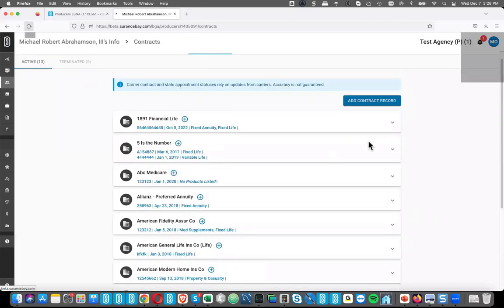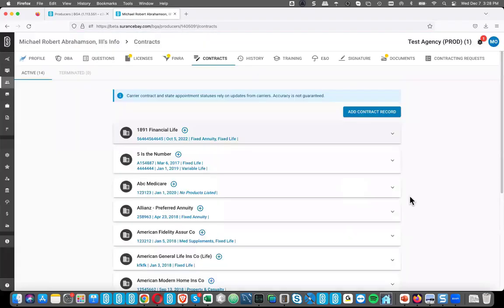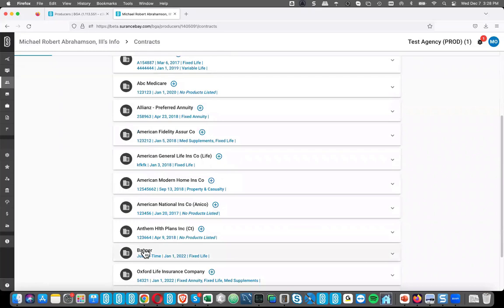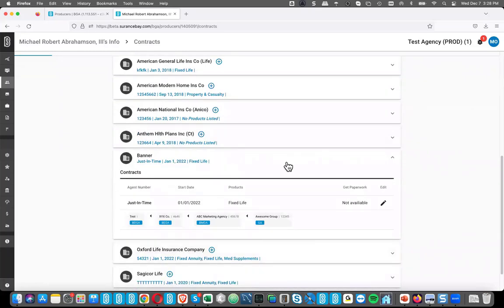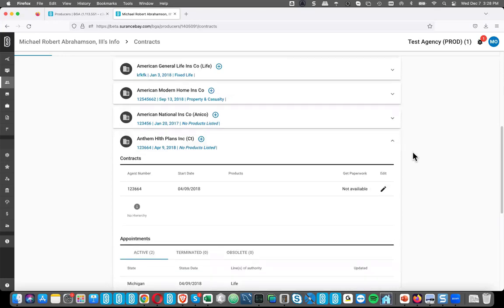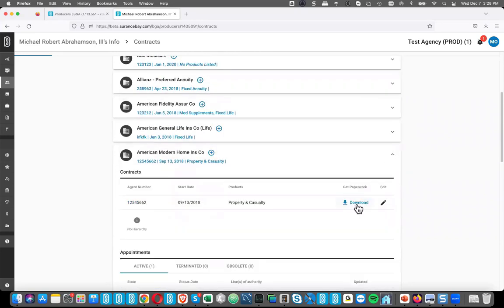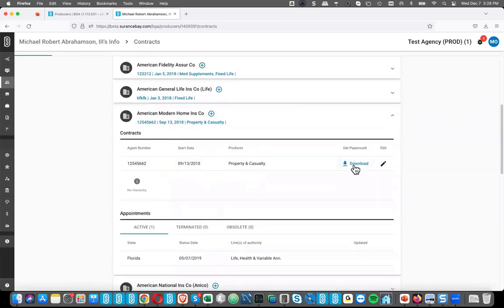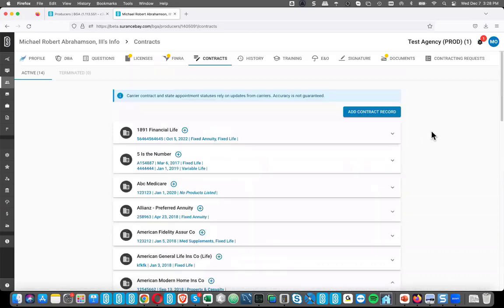And I think you just have to refresh. And here's that banner request, or the contract that I just entered. And you'll see here, I can't download the paperwork because this was not a contracting request that I processed through the system. But if I had one, let me see if I have any of those. I think all these are manually added. Oh wait, here's one. Here's one that I processed through the software. This is where I can download the contracting files. Okay, yeah, good question.